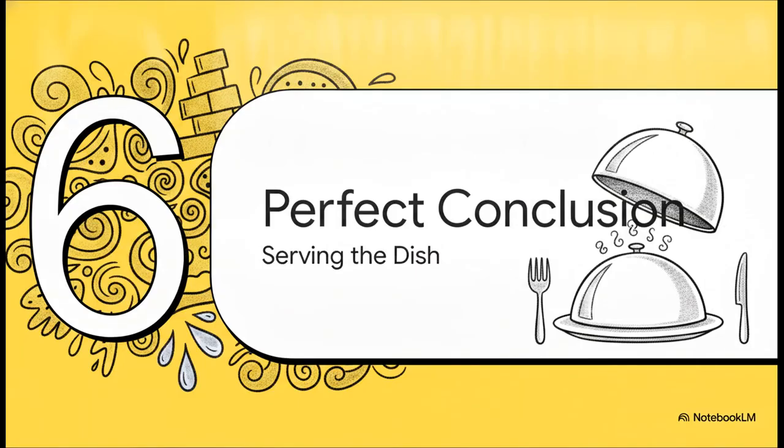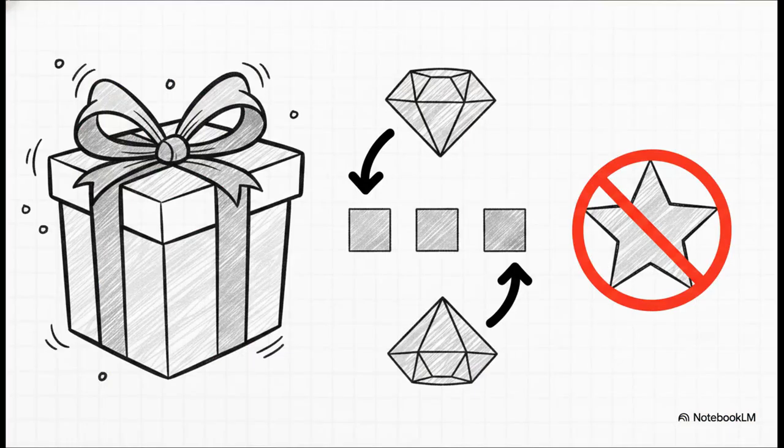Section 6. The perfect conclusion. Serving the dish. The concluding sentence is essentially the nice, neat bow on top of your paragraph. Its whole job is to cleanly wrap up the logic. It restates the idea you established in the topic sentence, reinforces the main idea, and summarizes the overall point. And just like we mentioned with supporting sentences, a conclusion is never the place to introduce some wild new idea. Actually, scratch that, it's not the place to introduce any new idea. It is purely there to remind the reader of the controlling idea you just spent the entire paragraph proving to them.